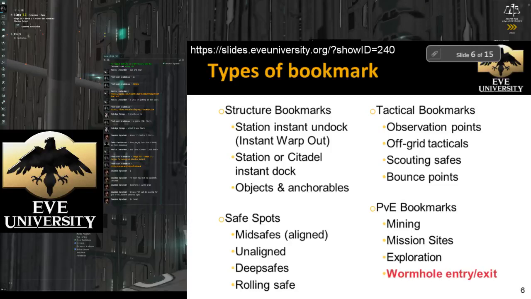Exploration, again: you want to run exploration sites, and you want to have a safe spot. I'm going to talk more about safe spots in a bit, but you want to bookmark the locations of the cans, for example, so you can warp back into the cans directly. And especially if you're doing wormhole exploration, it is extremely important to bookmark the wormhole entries and exits,